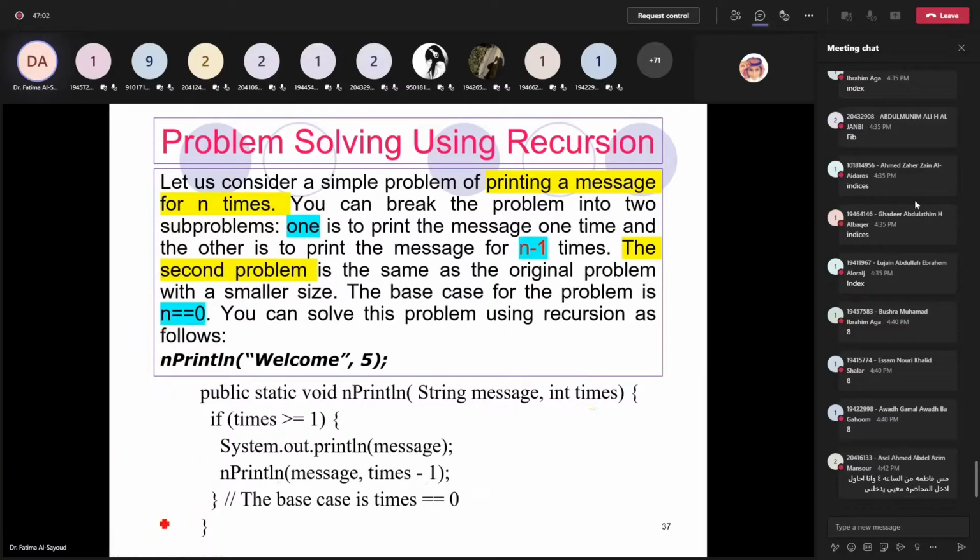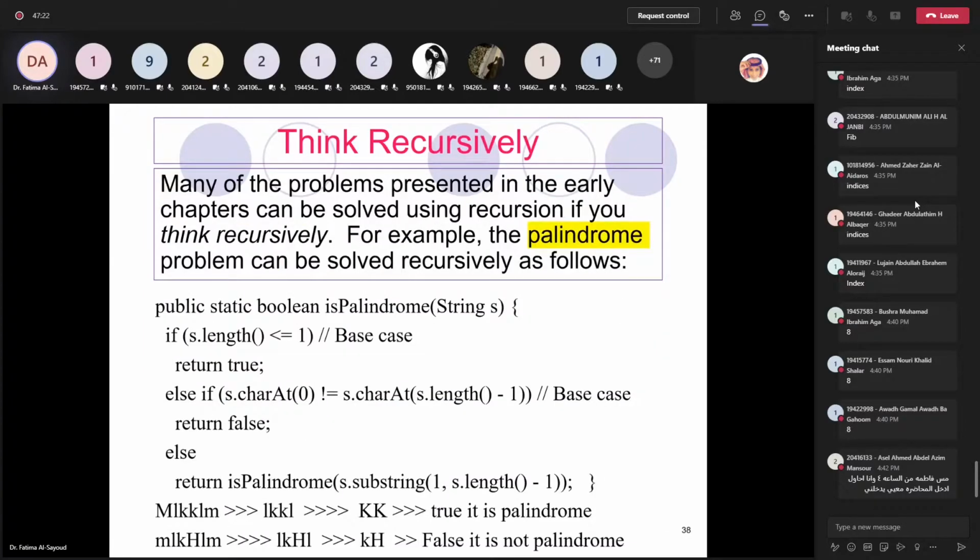Generally, this is not the ideal way to print the statement 5 times. We can just use a loop, for example. We will see at the end of this lecture that a recursive solution is going to take more memory and time than an iterative one. Okay. We will see now another idea of using recursion,